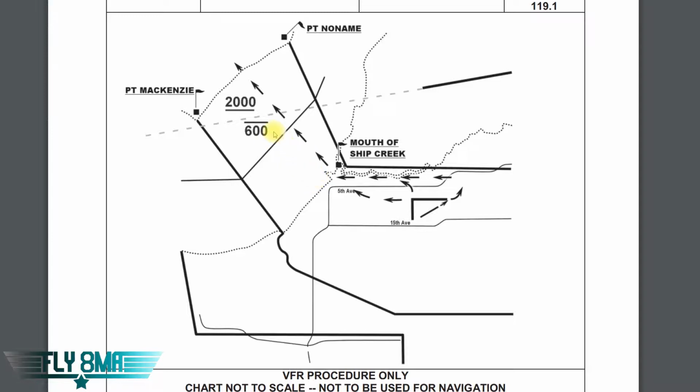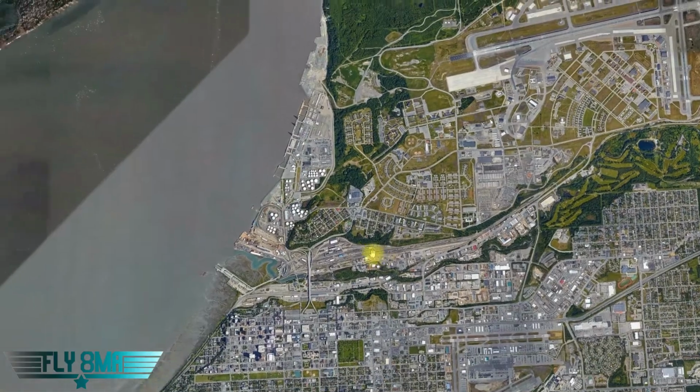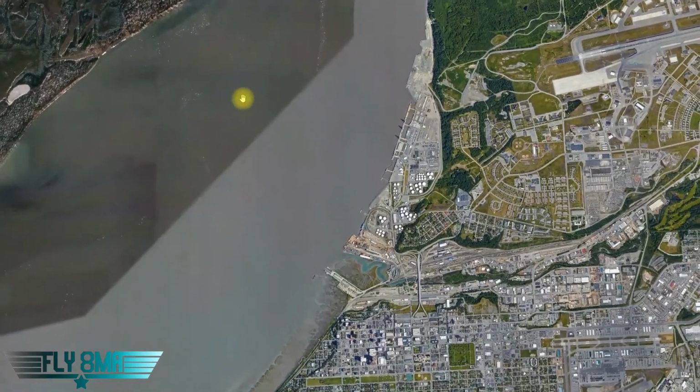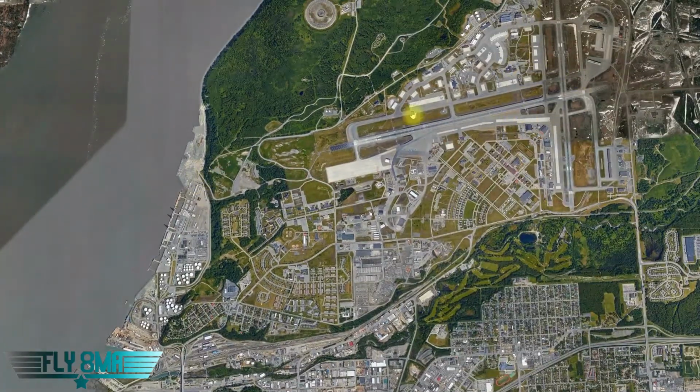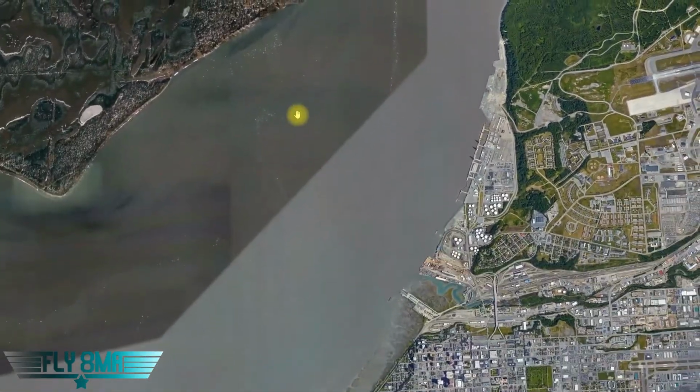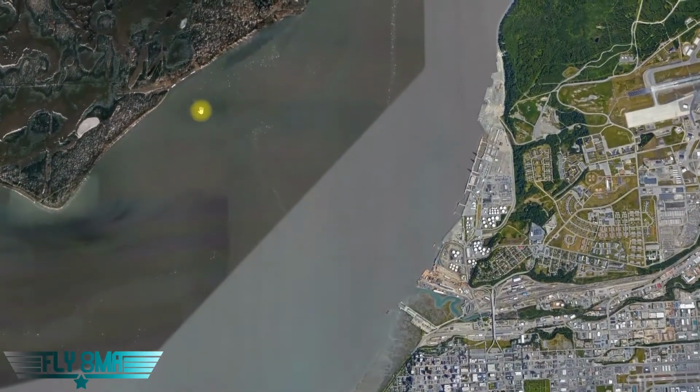Note that when you go low, you'll be underneath their wake turbulence, and when you go high, you have a lot more chance of possibly gliding to the shore in the event of an engine failure, rather than just splashing down somewhere in the area out here. Luckily, if you do splash down out here, you're really close to where they launch the rescue helicopters from, so that's kind of handy. But I like flying a little bit higher rather than at 600 feet across very cold